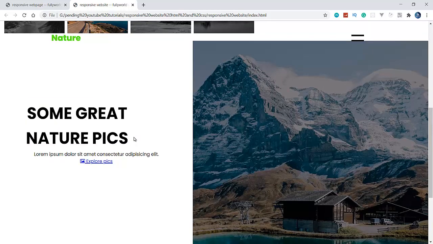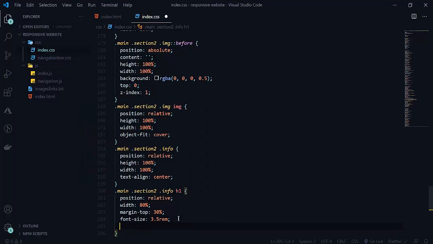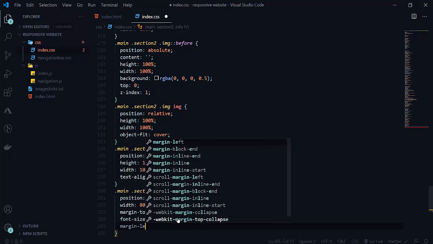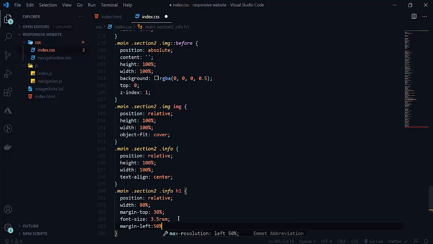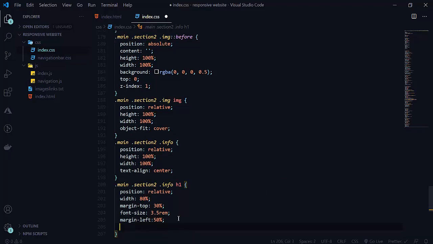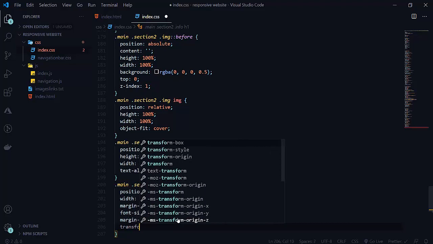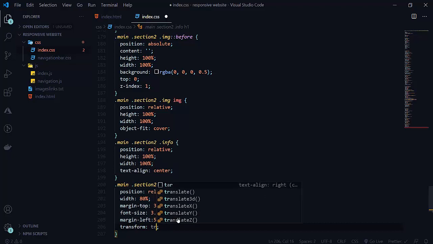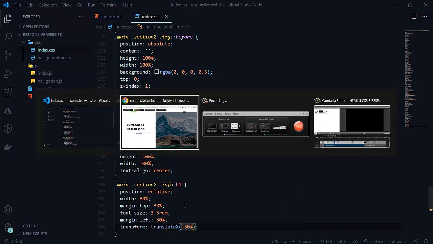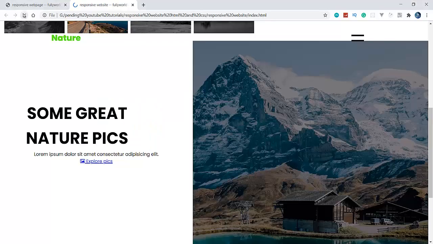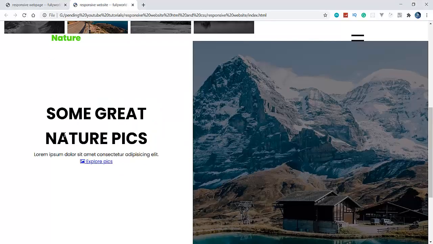This one is looking beautiful. So let it be left, margin-left to be 50%, and transform translateX, because we are dealing with the x-axis, it will be also 50%. Now it is in the center here.